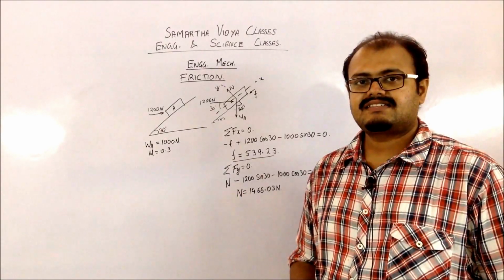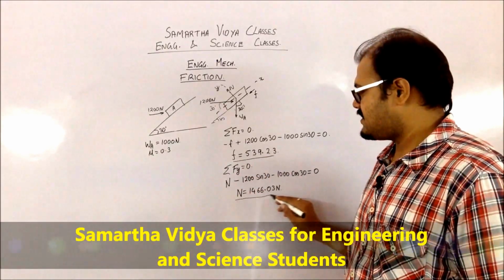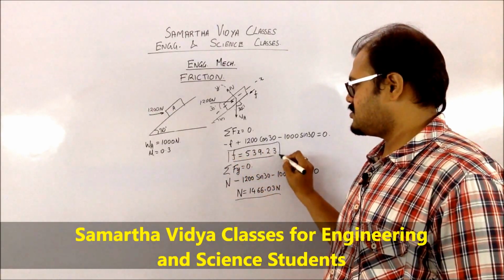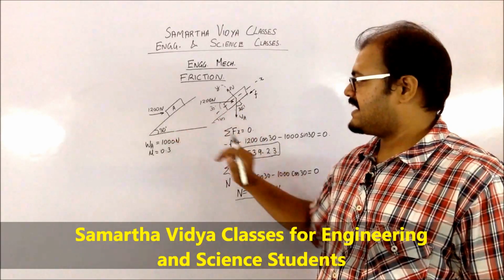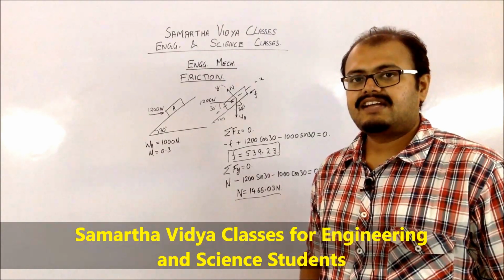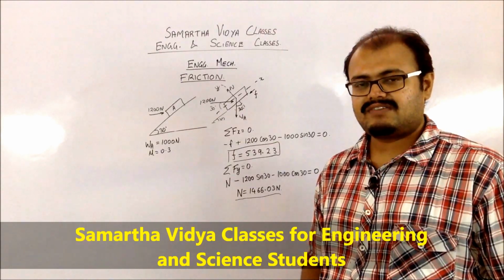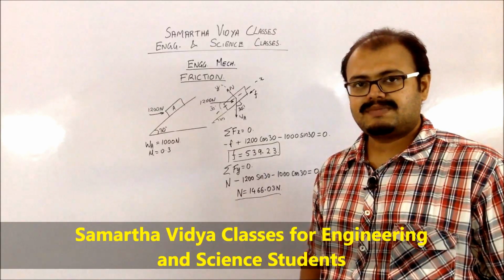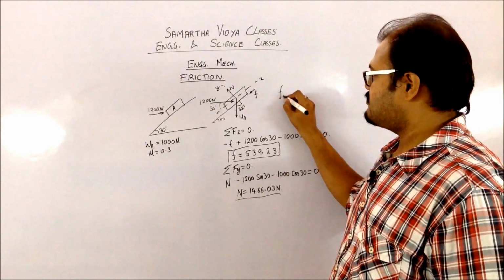So what you can see is from this you are getting your F as 539.23 and your normal reaction. So from this what you understand is the direction of frictional force that you had taken is actually right. So basically your block is either moving upwards or it is stationary at that point. Now to check which, you have to calculate the maximum frictional force which is going to be generated by the surface. So for that you need to check your F max value.